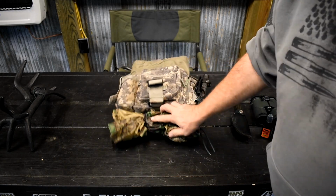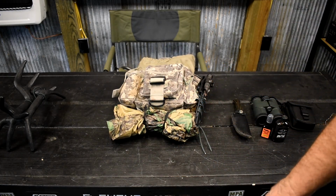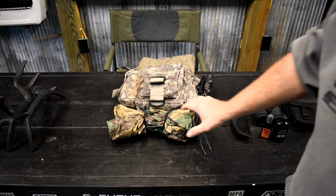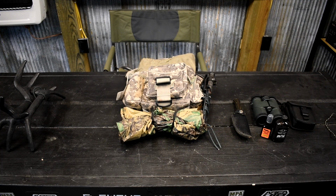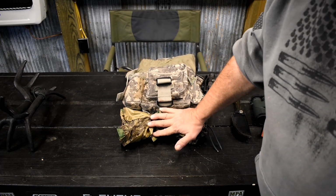Also, if you notice down there in the bottom of that bag, I've got a rain jacket. The reason I use a rain jacket is because a lot of times when it starts raining or gets uncomfortable in the woods, a lot of people leave, and that's why blinds are so popular. But we're going to talk about blinds here in a second. So I carry a